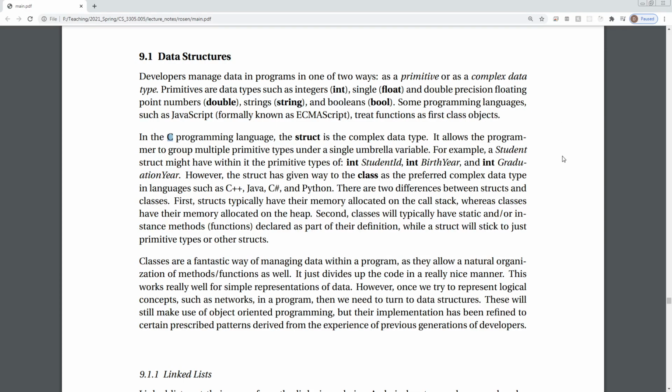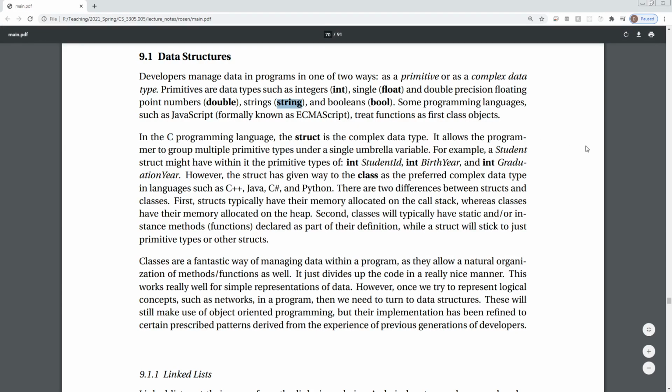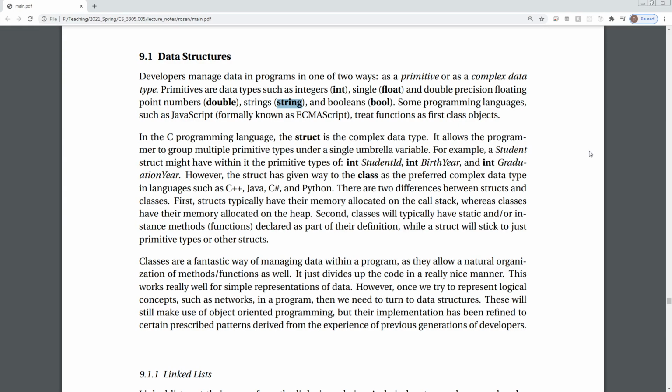And that caused all sorts of issues in terms of security. So, you'll go over it a little bit, but if you have time and you're curious, look up buffer overflow or buffer overrun or whatever errors in C, and you'll understand why strings were changed to be their own primitive data type, and they are an immutable data type in the languages that implement them, meaning that if you add